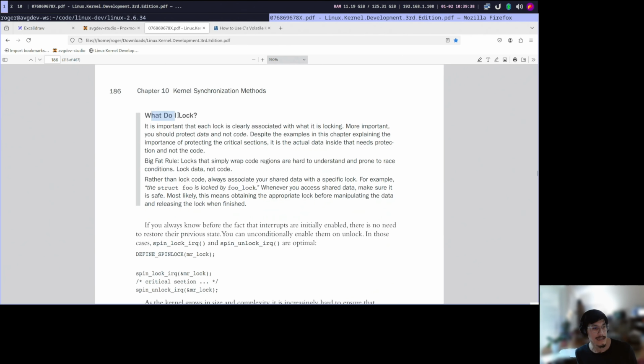So what do I lock? It is important that each lock is clearly associated with what it is locking. More important, you should protect data and not code. So always think about protecting data and not code. Despite the examples in this chapter explaining the importance of protecting the critical sections, it is the actual data inside that needs protection and not the code. It just so happens that when you operate on data, you need code, right? So that's the reason it looks like you're protecting code, but you're really protecting the data from these operations,